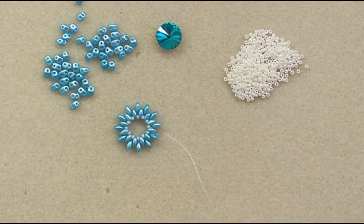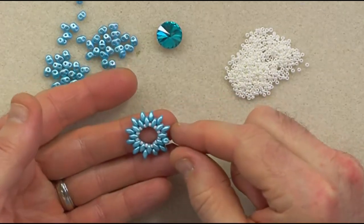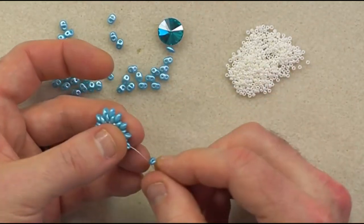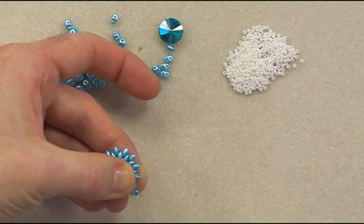And now what we're going to do is we're going to add a 3rd row of SuperDuos. So it's quite repetitive. And as I said, I'm not pulling too tight. I'm going to hold the mandala in situ before we reveal around the Rivoli. So again, we're going to go around the outside edge, and you will see some gaps forming now because obviously